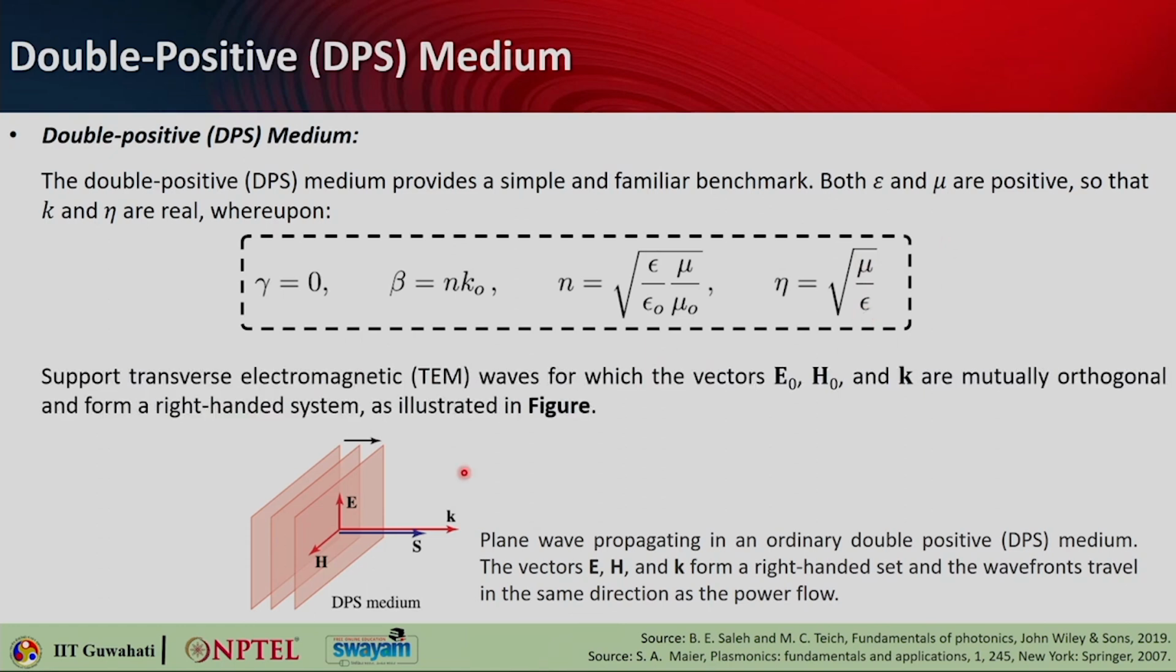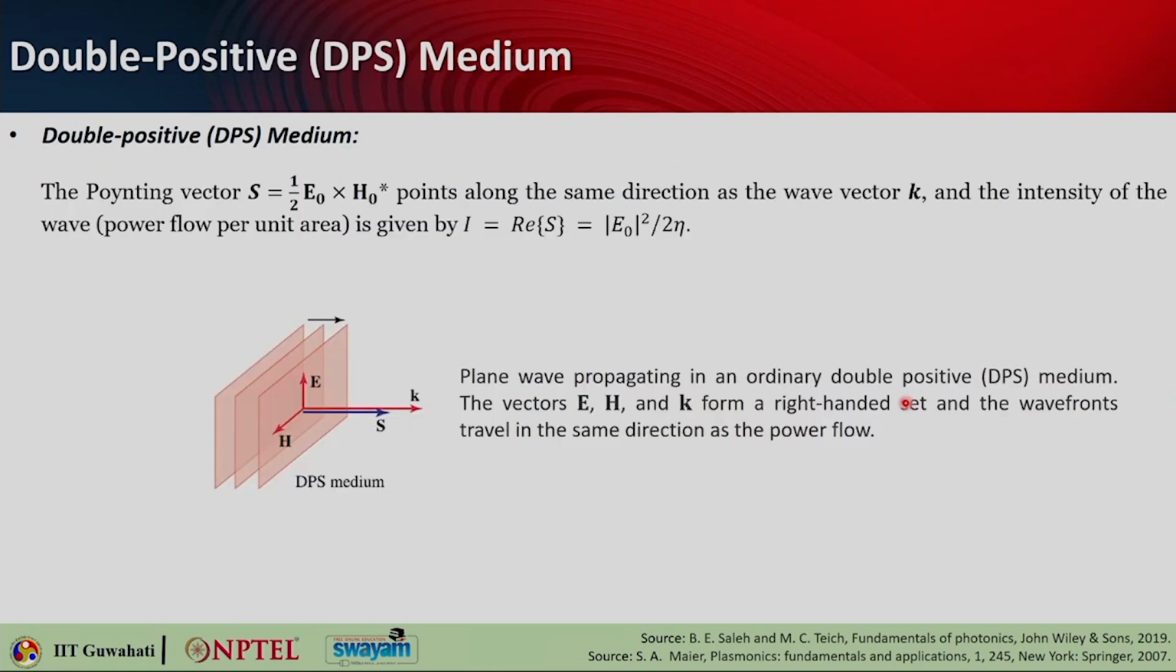This kind of medium supports TEM waves. TEM means the transverse electromagnetic waves. In this case both electric and magnetic fields are perpendicular to the direction of propagation. That means your E, H and K are mutually orthogonal, and they will form a right-handed system, which you have discussed already. Now in this medium, the last thing that remains is what is the direction of